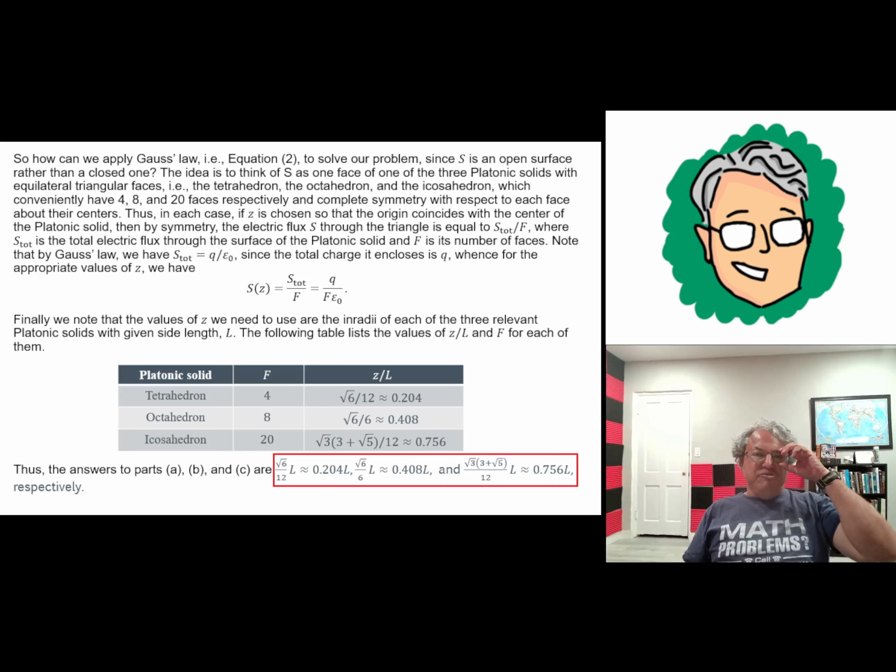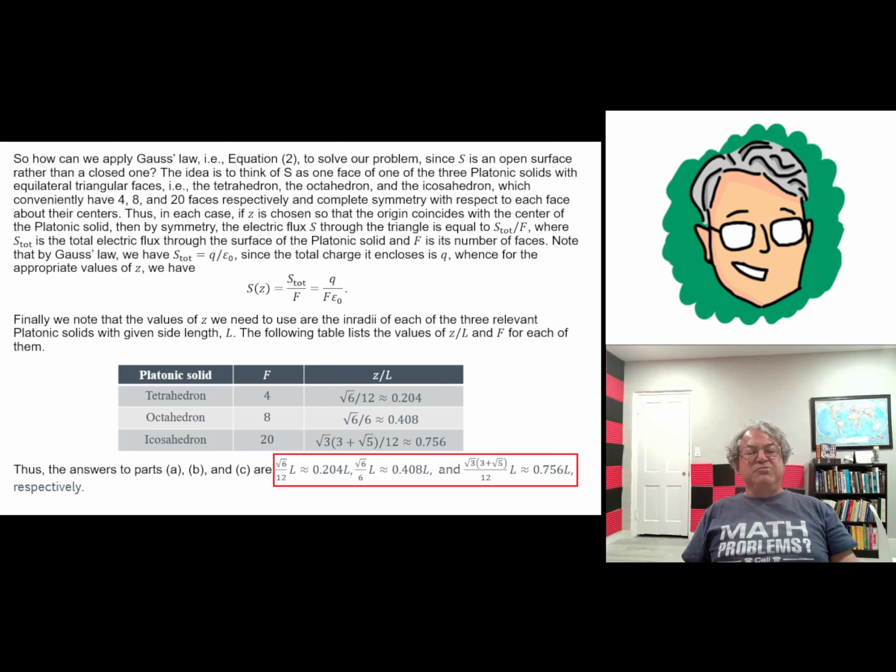And due to symmetry, if our charged particle, little q, is at the center of each of these 3 platonic solids, what that means is that the flux going through each face is going to be 1 over f times the total flux. It's just the total flux divided by f, because each face has the same flux through it due to symmetry. So, for instance, if the total flux was, I don't know if I give a name to it, but if it was phi total,